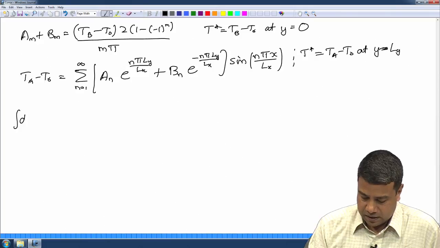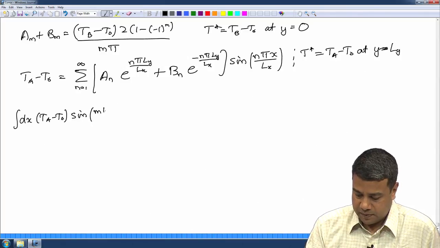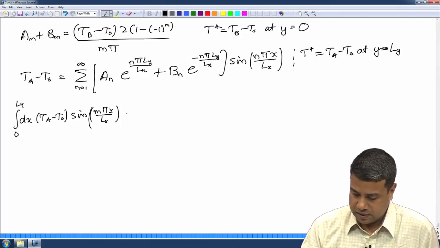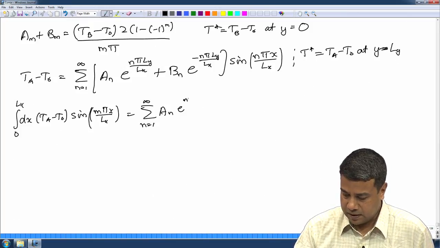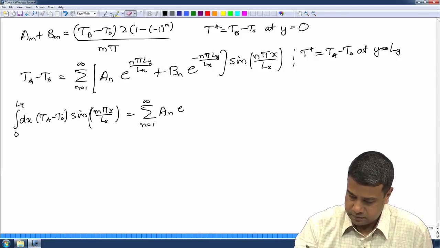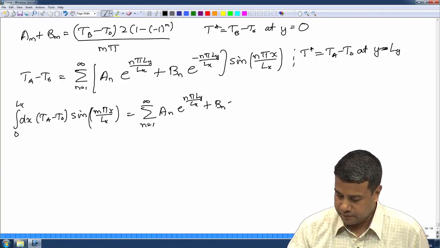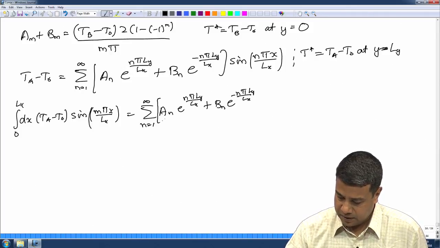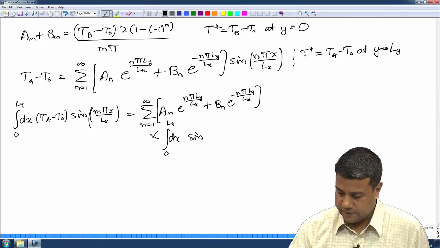Integral dx TA minus T naught sine m pi x by Lx, 0 to Lx is equal to summation n is equal to 1 to infinity An e power n pi Ly by Lx plus Bn, this whole thing into integral 0 to Lx dx sine